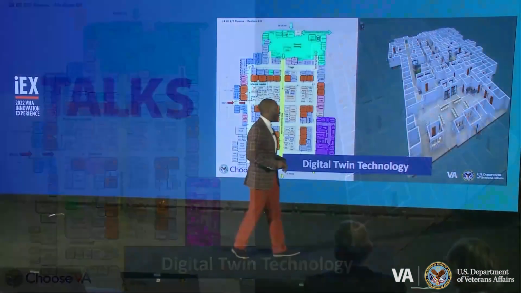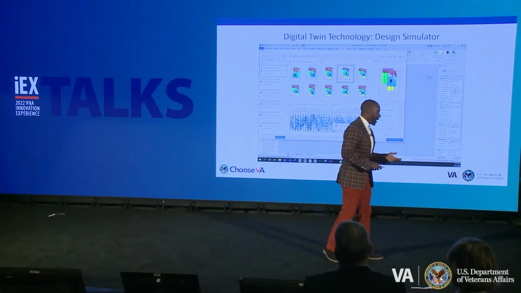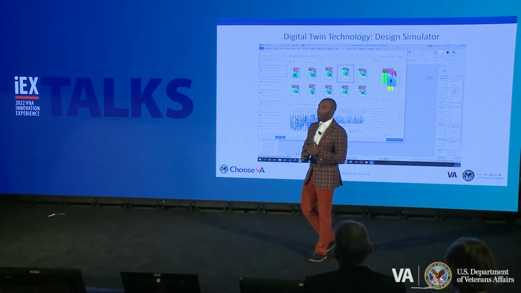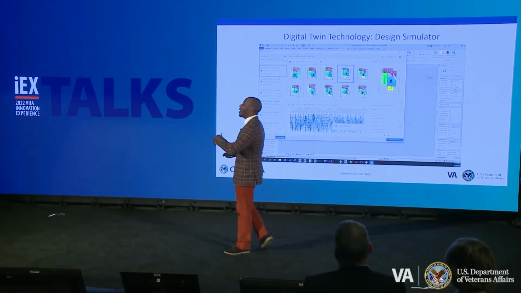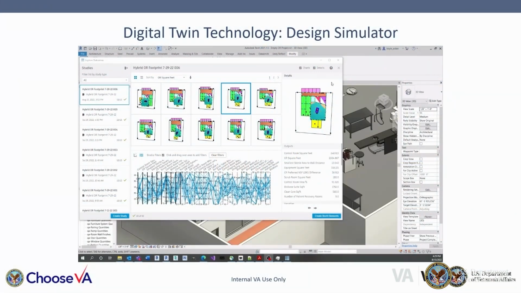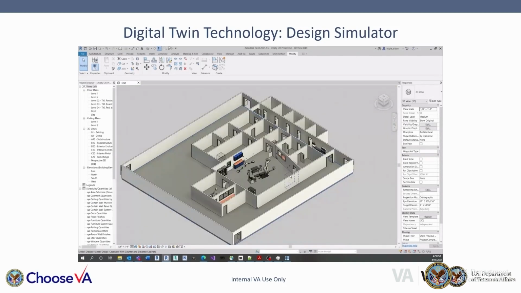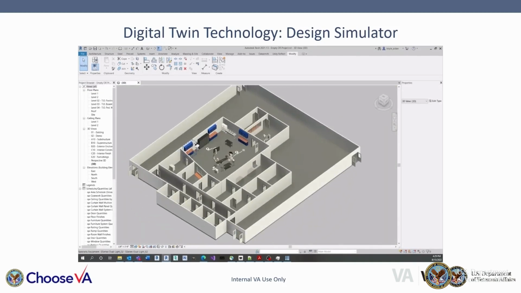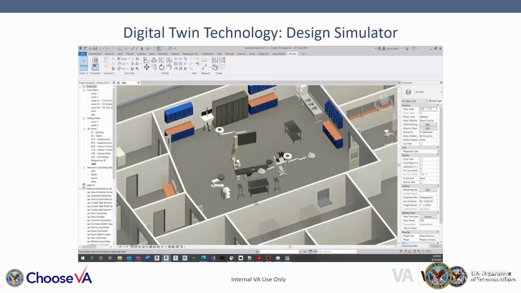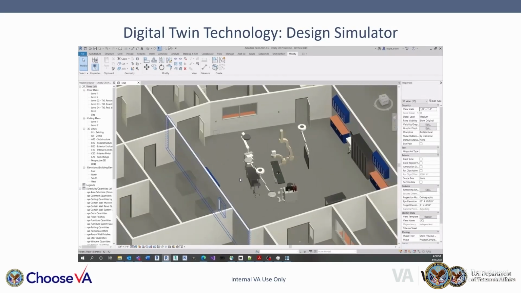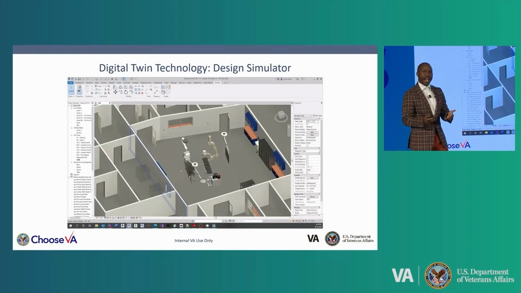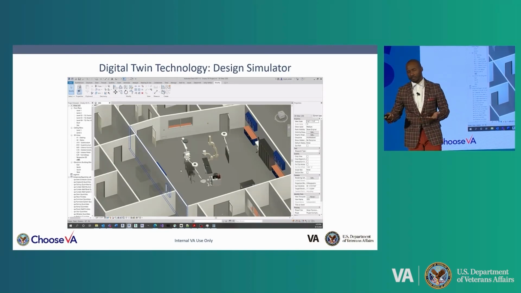Let's break it down a little bit. Let's say you want to know how adjacencies are affected based on how large or how small you want your exam room square footage to be. You have the ability to customize your space based on what you want to see. And once your space is created, you can run your simulations through it.